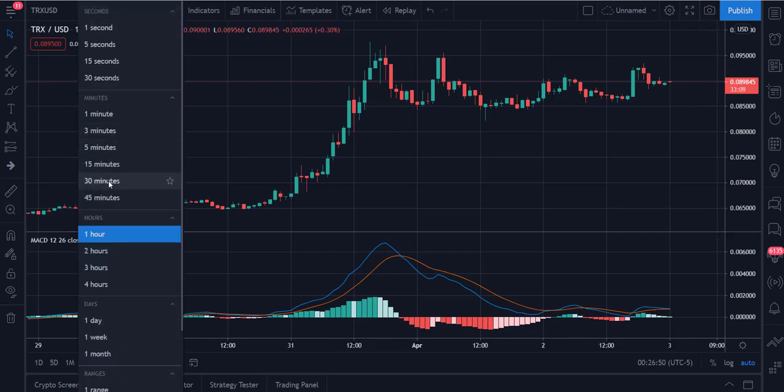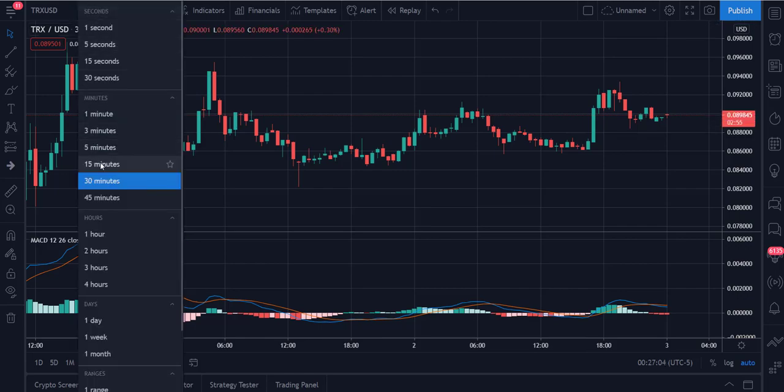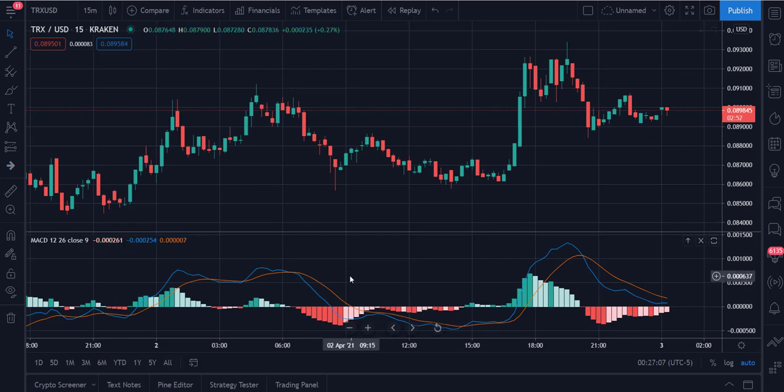Let's take it to the 30 and the 15 just to see. So you've had some crossovers. It's been really mild. But again, with channeling markets, it's a struggle for the MACD to really hone in on any specific direction. And then, of course, at the 15-minute, you can make these huge swings. But if you look at this and you're looking at price, let's say you were to sell that or even wait for it to go negative, you would have sold